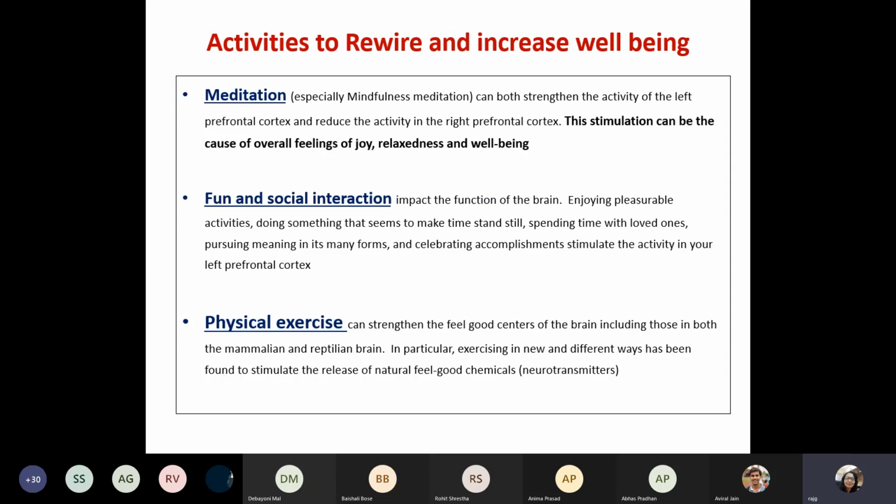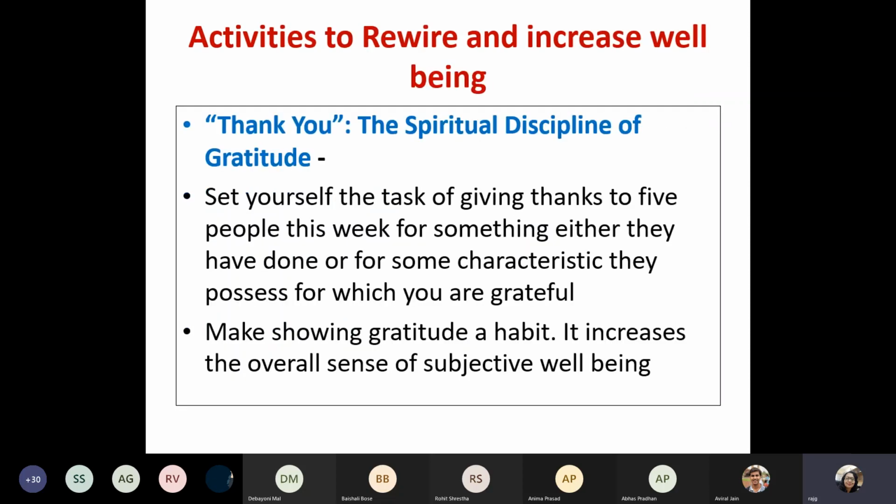See, physical exercise helps your body feel better, and that information goes to the brain that, okay, I feel good about myself, I feel good about my body, and it also changes the mood. Cognitive exercise helps you feel good about your brain, that, hey, my brain functions. So these subtle feedbacks to the brain go from different parts of the body, and all these increase your well-being. So you need to rewire your brain to these tasks.